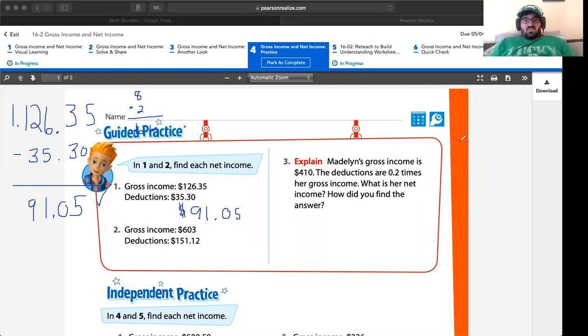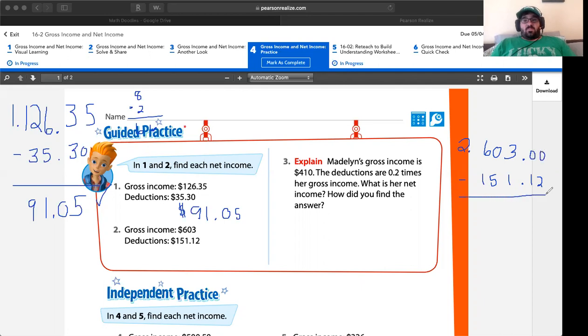Gross income, $603, and deductions is $151.12. Now, this is a great question because oftentimes students mess up when there's nothing up here. They go, "Oh, that's just 12 cents." It's actually not. You have to add zeros